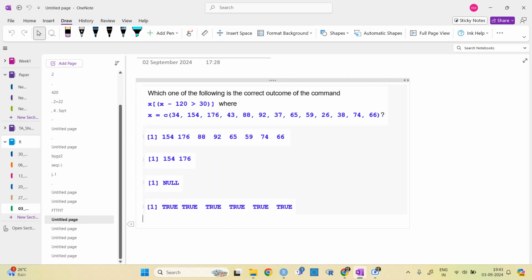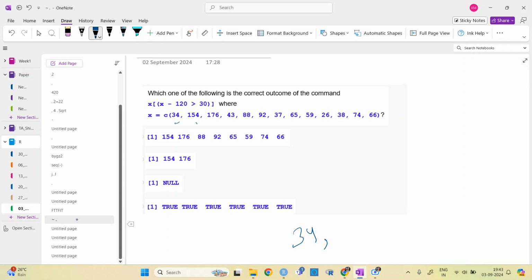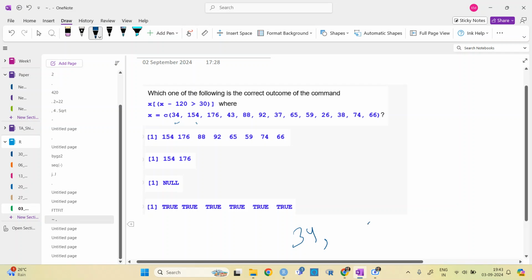Option B. So we need to check for what values of x, x minus 120 is greater than 30. So x minus 120 greater than 30. So this is already negative. This one would be 34 greater than 30. And then for 176, it would be 56.